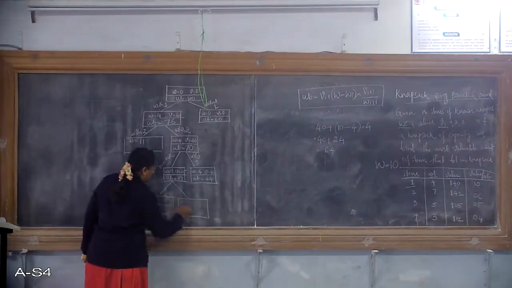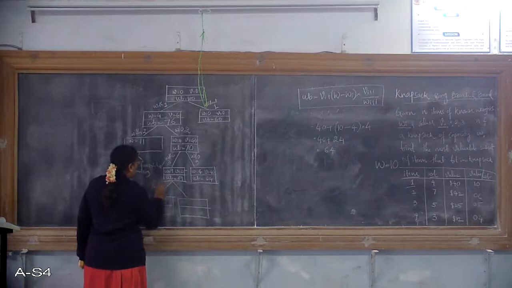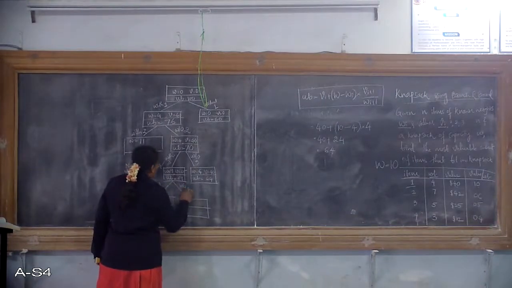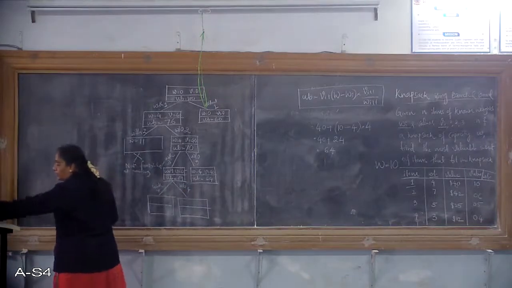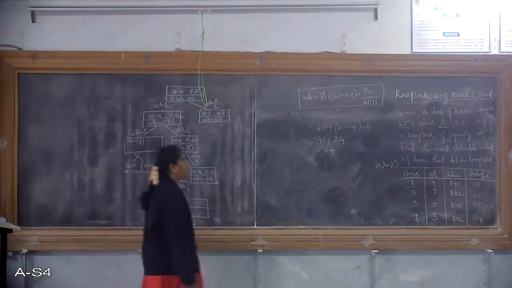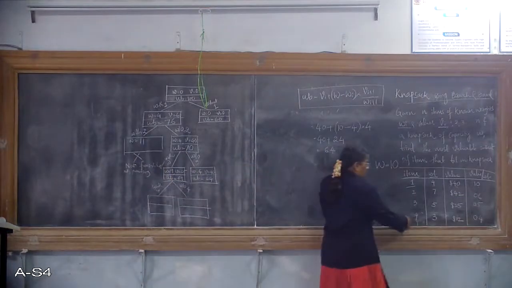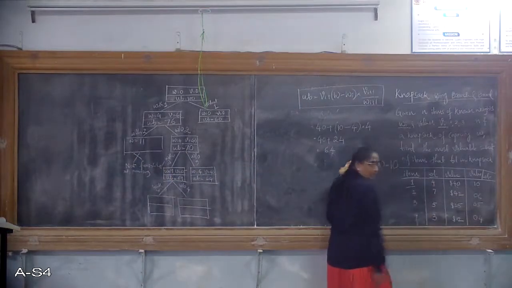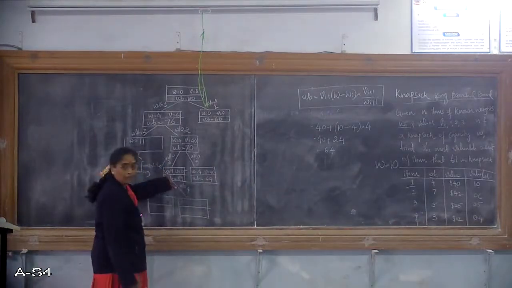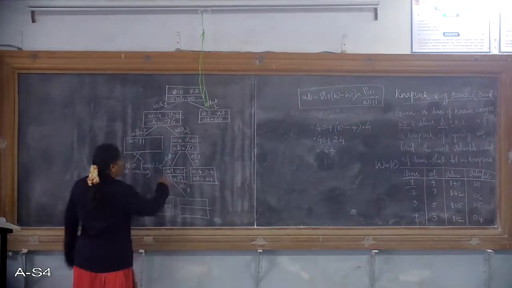So I'll write here with 4 and without 4. With 4, with item 4 and without item 4. With item 4, item 4 is here. Its weight is 3. The 3 is to be added to the previous weight, which is 9. 9 plus 3 is